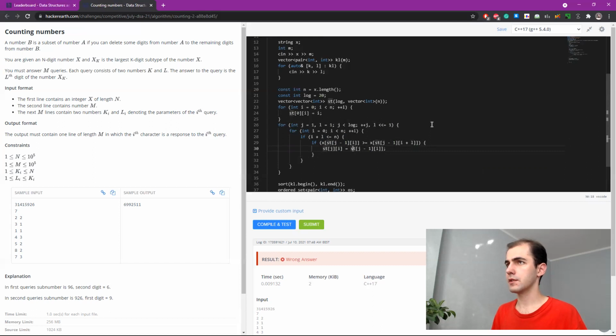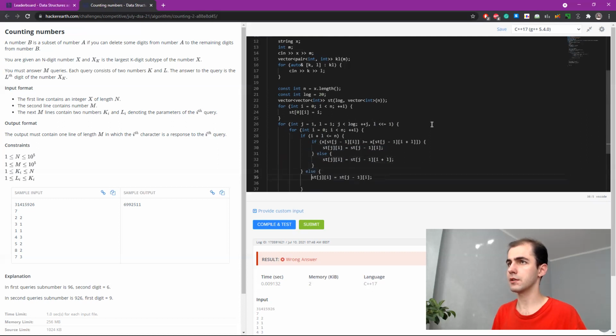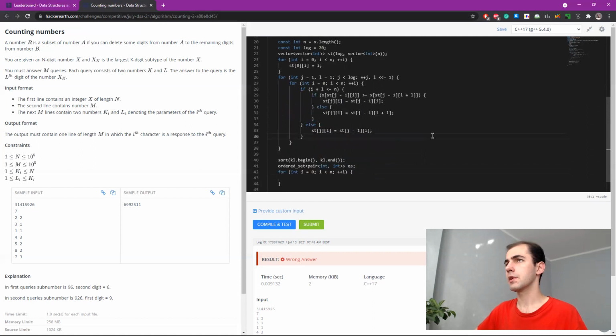It will get sparse table here. Otherwise, no, else it will get sparse table here, but also if there is no right entry, it will take the left entry. Makes sense.